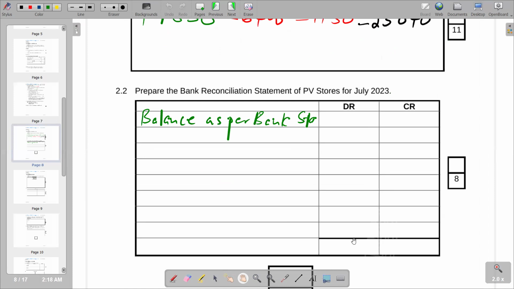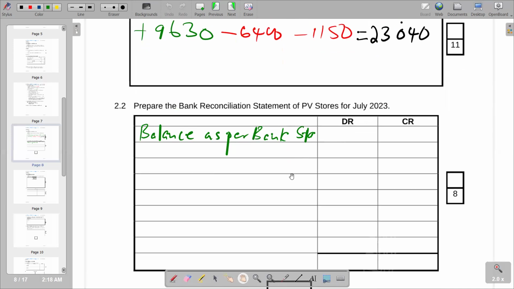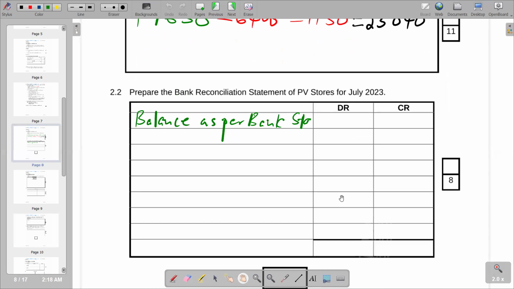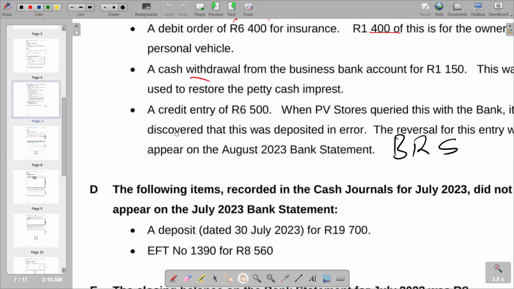Because the two documents are the same, we are going to use this balance to put it there, and then we go up now to find our balance as per the bank statement, our opening balance, as a balancing figure. So we can just leave this blank in terms of balance as per the bank statement at the beginning, and we go to our question, whereby we are now going to look at